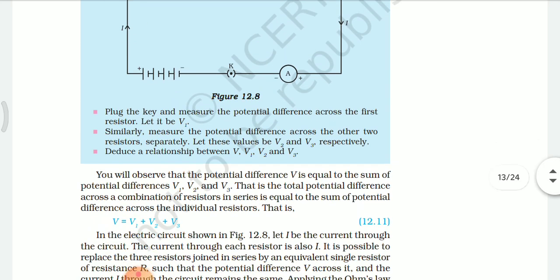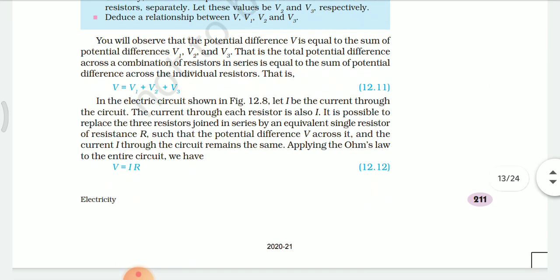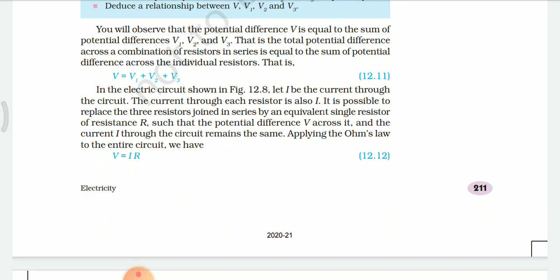You will observe that the potential difference V is equal to the sum of the potential differences V1, V2 and V3. That is, the total potential difference across a combination of resistors in series is equal to the sum of the potential differences across the individual resistors. That is, V = V1 + V2 + V3. (12.11)